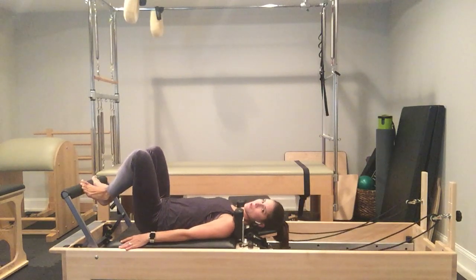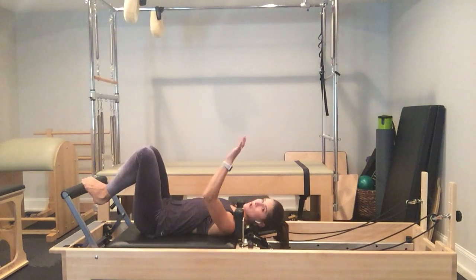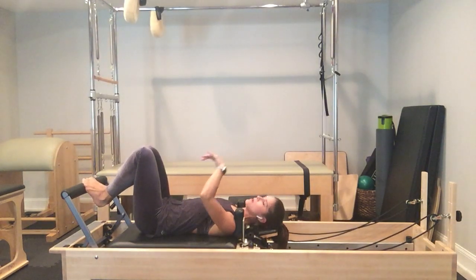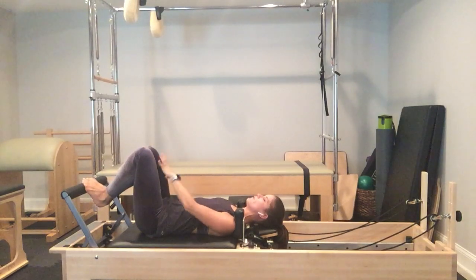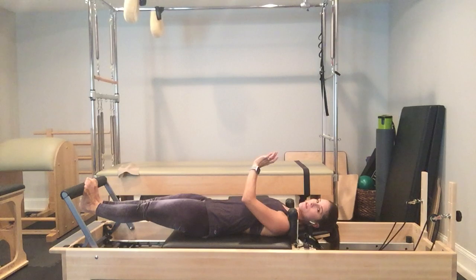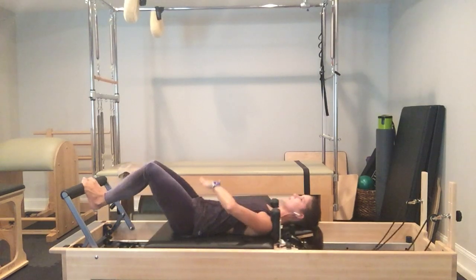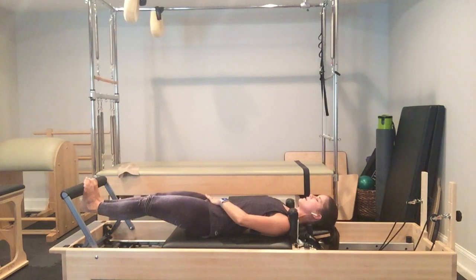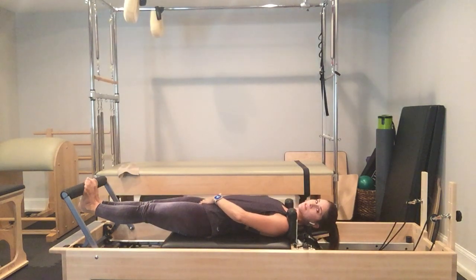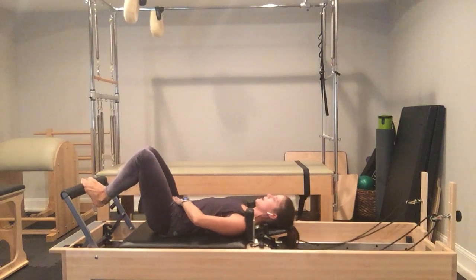From there, I'm going to squeeze my legs together. Come onto the balls of my feet right around there so I can wrap my toes over the top of the foot bar. I'm going to begin by driving my heels under the foot bar already. As I press that, I'm going to press my heels under and bring it back in. When I press out all the way, I'm going to draw in strongly my lower abdominals so my pelvis doesn't tilt backwards. Come back in and inhale